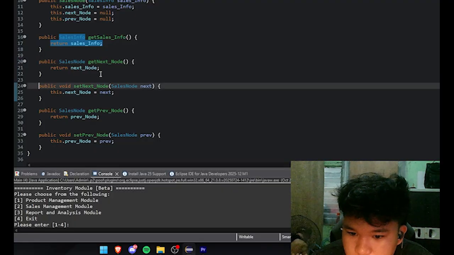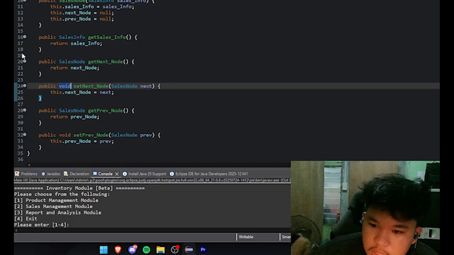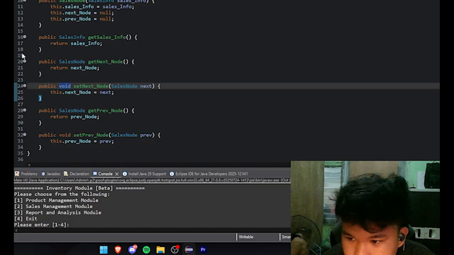Next, public void set next node with the parameter of sales node next. It starts a method to set the next node. We used void, which means it doesn't return anything.